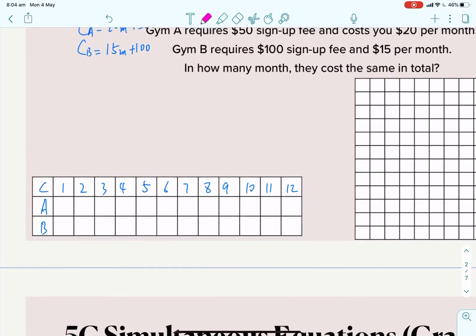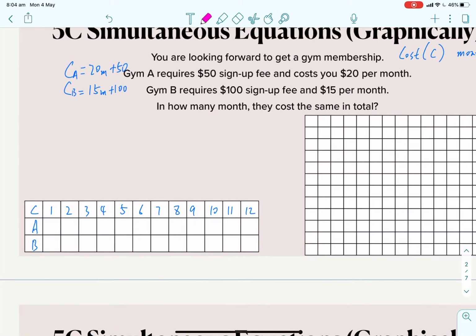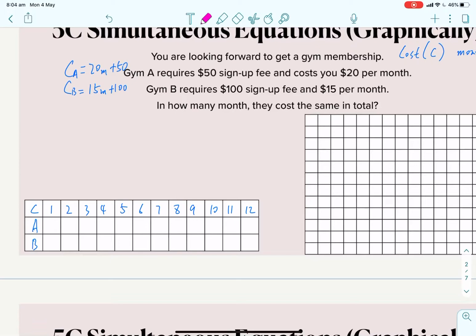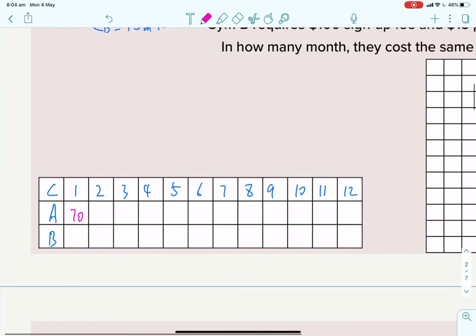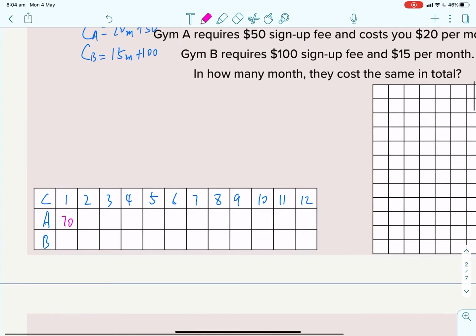So let's do that. Gym A is $50 upfront plus $20 a month. So the first month you need to pay $50 and $20, so that would be 70. And then the next month you need to add 20 more. So I'm talking about the total cost. The second month you add 20, so that would be 90. And 20 more is 110. Okay, and then 130, 150,